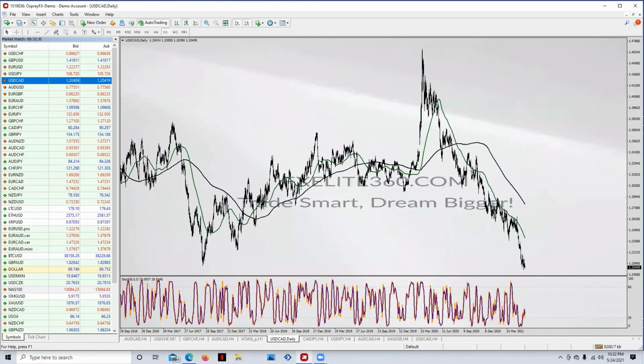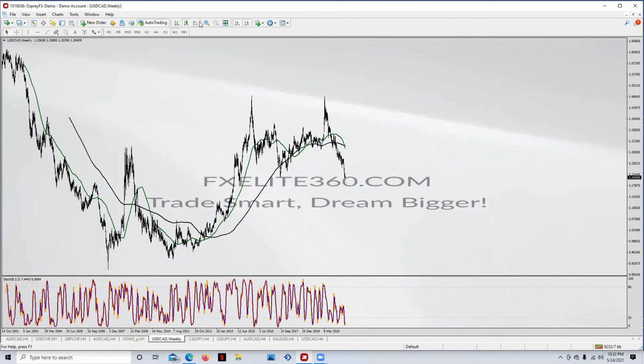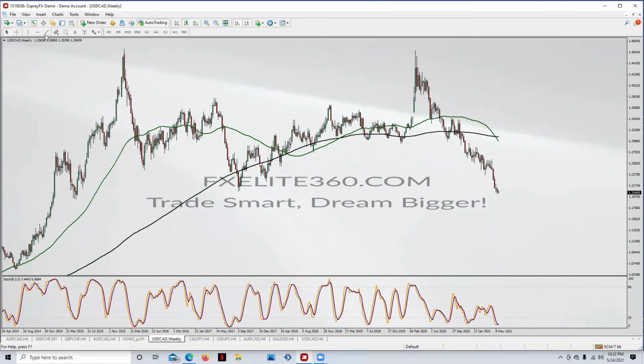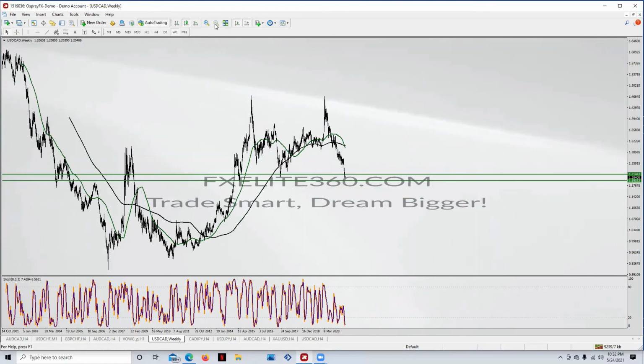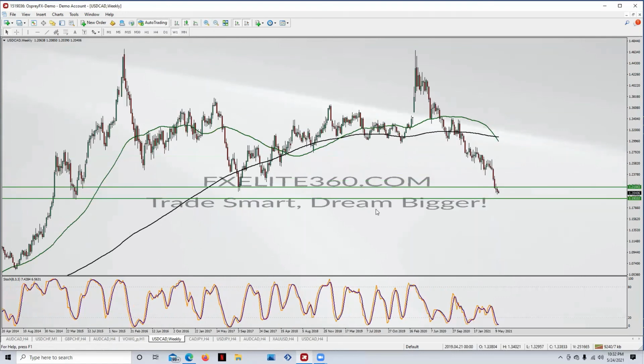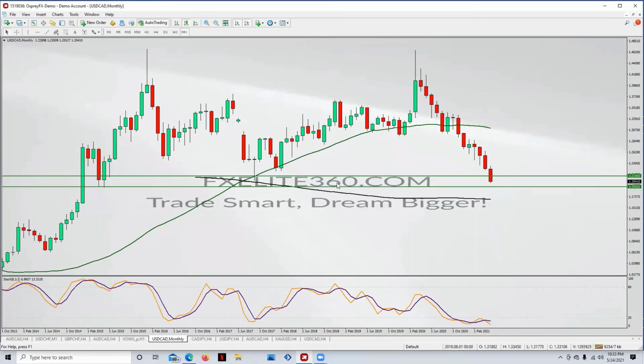And then USD CAT, I think, is a swing trade too, to the upside. Yes, swing trade, because this is a daily and a weekly level. And so anywhere from here, here, is where I'm aiming for USD CAT. As you can see, stochastic is buried. Also, if you go to the monthly, stochastic is also buried, and we have the 200 moving average right over here, and we have massive levels.